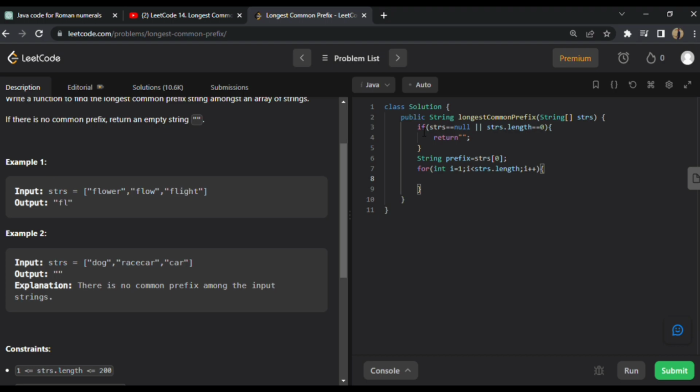There is another condition: if the first element we have in the array is the same as the other element, then there is a prefix. So here we write the other condition, while